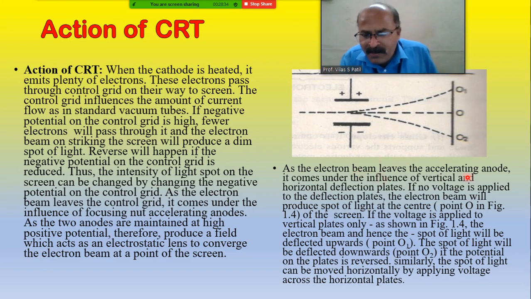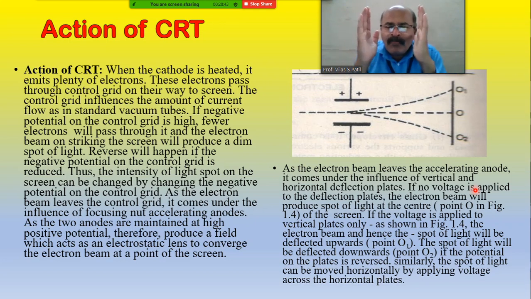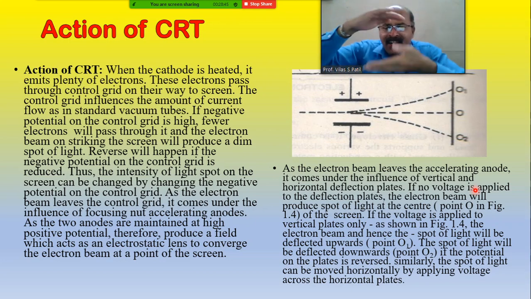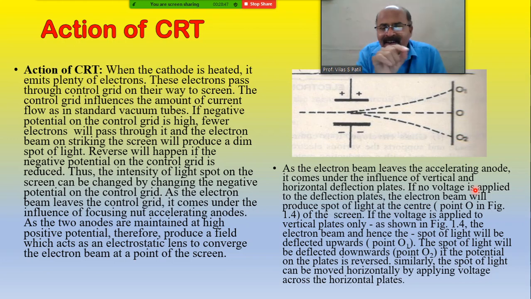As the electron beam leaves the electron accelerating anode, it comes under the influence of the vertical and horizontal deflection plates. If no voltage is applied, we don't give voltage to the horizontal plate and we don't give voltage to the vertical plate, then directly